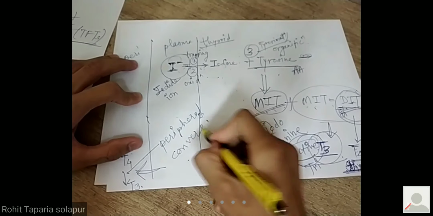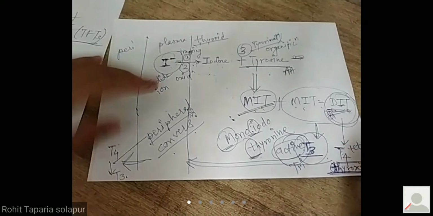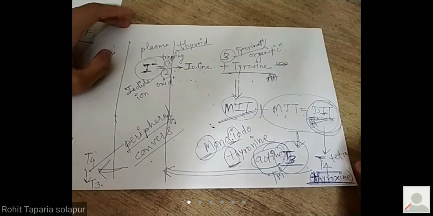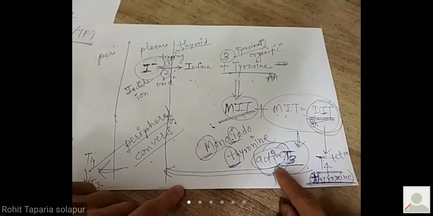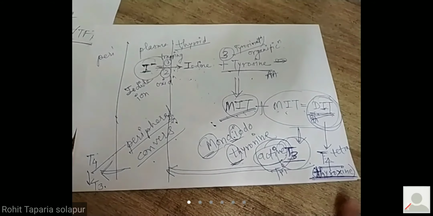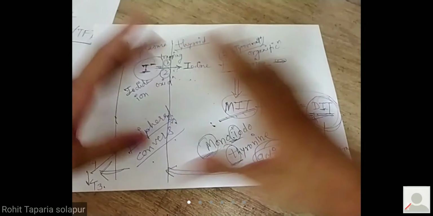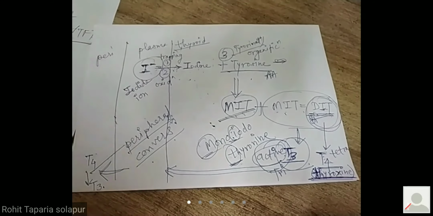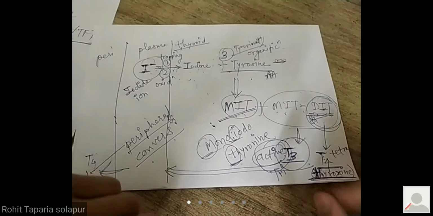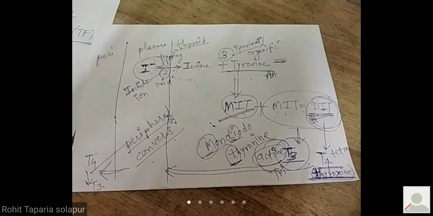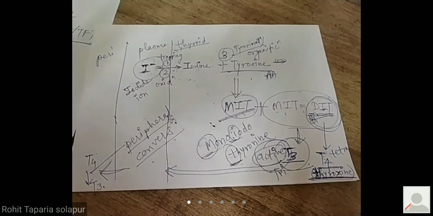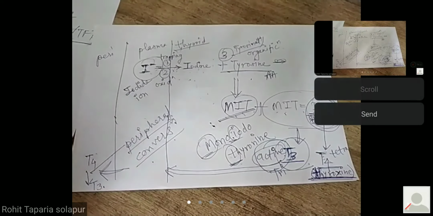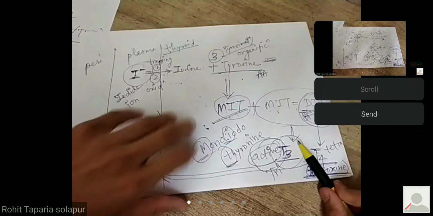Now I will bring this to you when I am discussing a bit of pharmacology of thyroid patients, that is hypothyroid or hyperthyroid, mainly the hyperthyroid. I will bring this diagram again to you because it is of utmost importance. If you can memorize this, recall this, summarize this, then it is very easy for you to give the drug therapy to the patient who is coming to you. Finally, why are we learning all this? To treat the patient. So it will become very easy for you if you understand this particular flowchart.